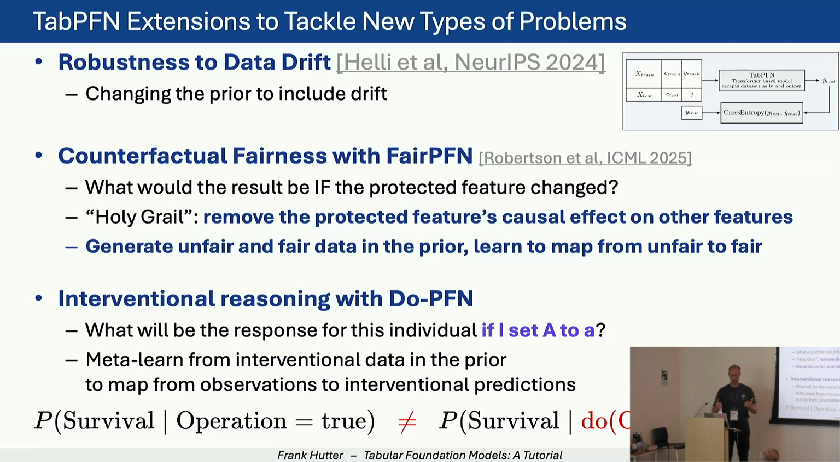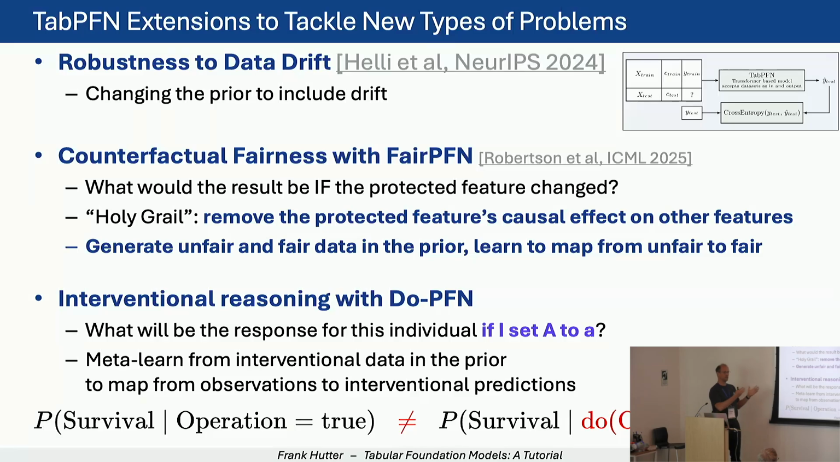When you want to decide, should I do an operation on this patient? What will be the survival rate? I can't just go in my database and see, like the times I did an operation, they lived this long. The times I didn't do an operation, they lived that long, because there is some confounder there. They had an operation because they were really sick, or there was a reason that they got an operation. It was not a randomized control trial. And if you just have this observational data, then again, you can't do interventional reasoning if you don't have any data about interventional data,